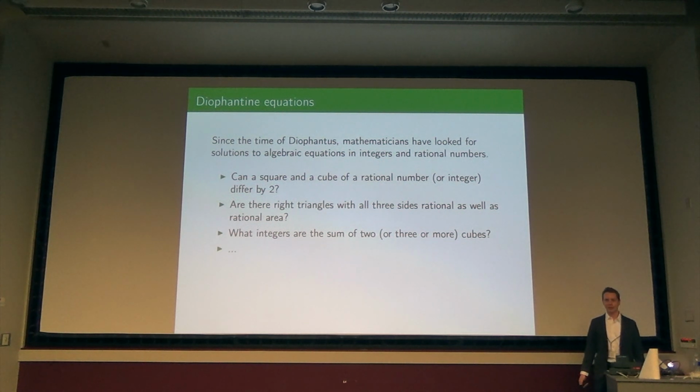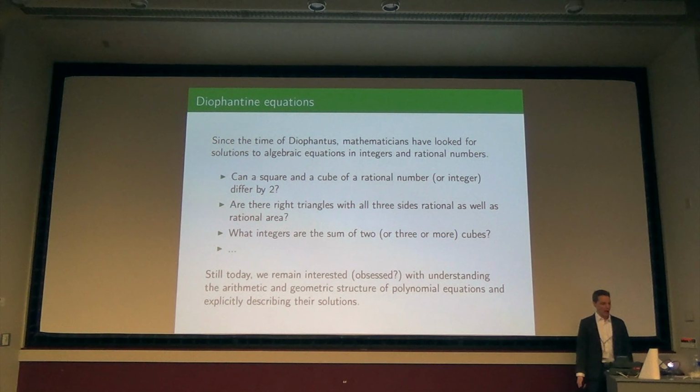So the list is not just the only three, there's many, many more. And I don't think it's unfair to say that we remain interested, probably on my end it's more like an obsession, to understand the structure of solutions to algebraic equations. Now I don't mean looking for solutions in the real numbers or the complex numbers. I'm really saying integers or rational numbers. I don't think it's beautiful to have square roots of 2 in there, or at least I'll allow them for a while, hoping that I can somehow decide if something is true over the rational numbers. That's sort of my bias. But it is really beautiful to really study equations.